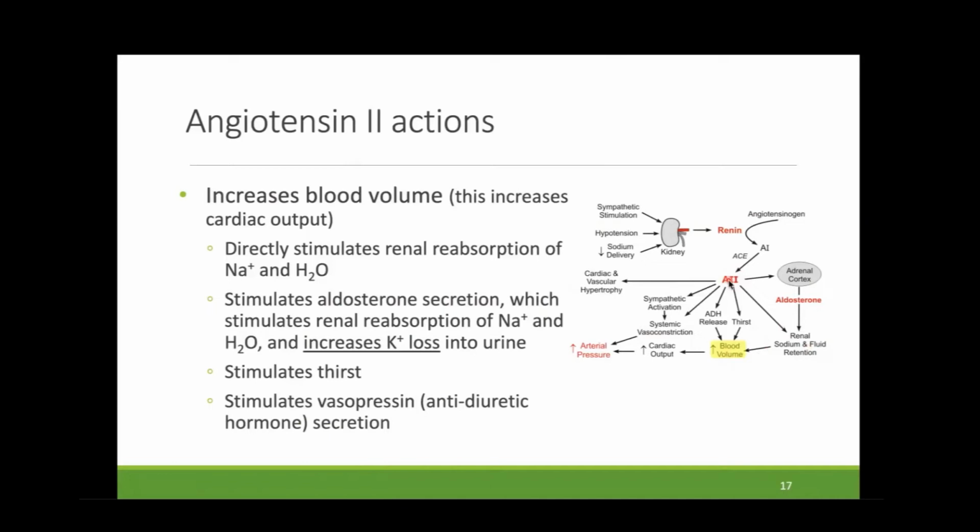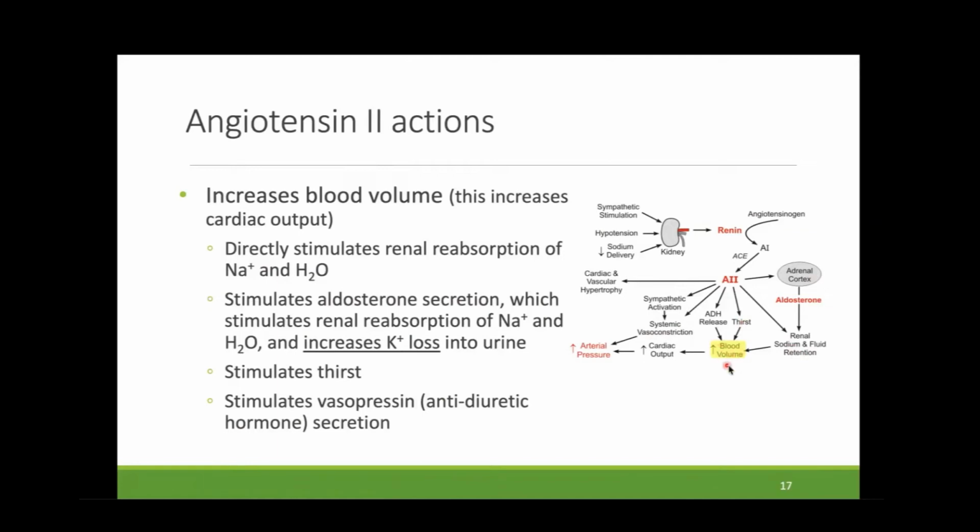Angiotensin II also stimulates the adrenal glands, but now the cortex, not the medulla. The medulla is associated with catecholamines, the cortex with mineralocorticoids such as aldosterone. So it stimulates aldosterone release, which acts upon the kidneys, also leading to sodium retention and fluid retention to increase blood volume. It also stimulates thirst centrally up in the hypothalamus, which will cause a person to drink more fluids